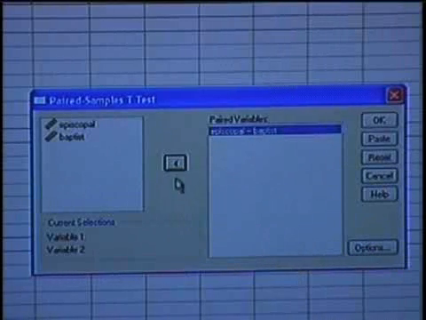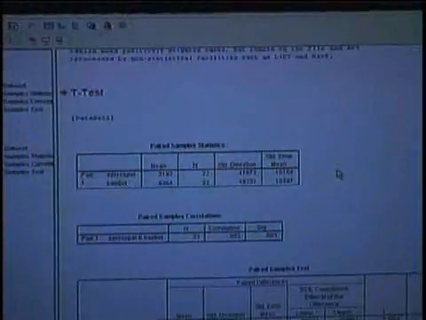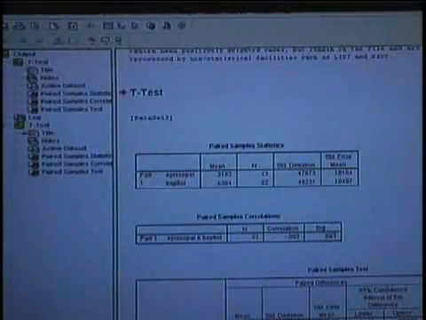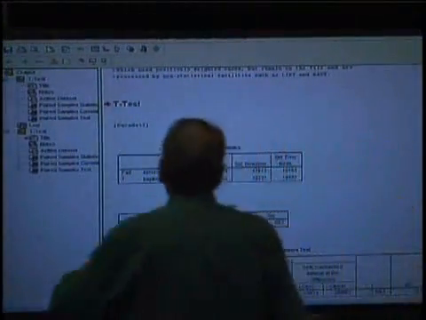Okay. I don't think we're going to need any options here. Let's just see what comes up. Okay, look how fast this is done. All right, I mean, it's been done here. Amazing. Here's our